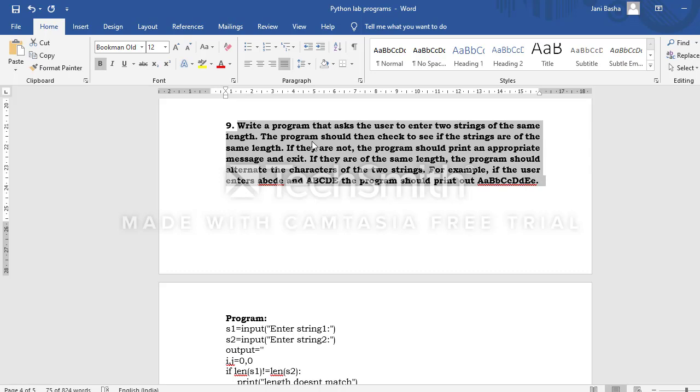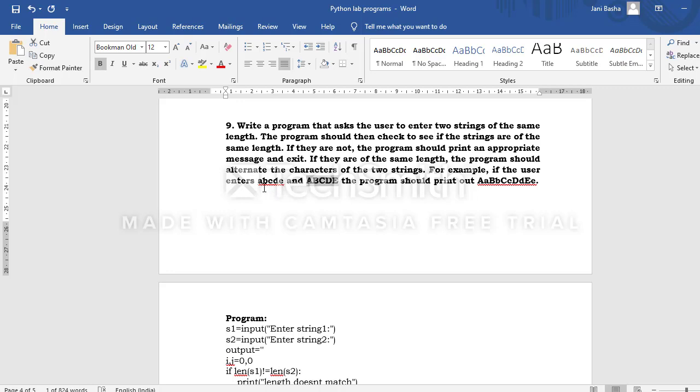Look at this small example. For example, ABCDE is given. Let us take this ABCDE as one string, and let us also take another string which contains ABCDE in capital letters. So we have two strings here, one is ABCDE in small letters, one is ABCDE in capital letters. At the output end, the first letters of these two will be combined.